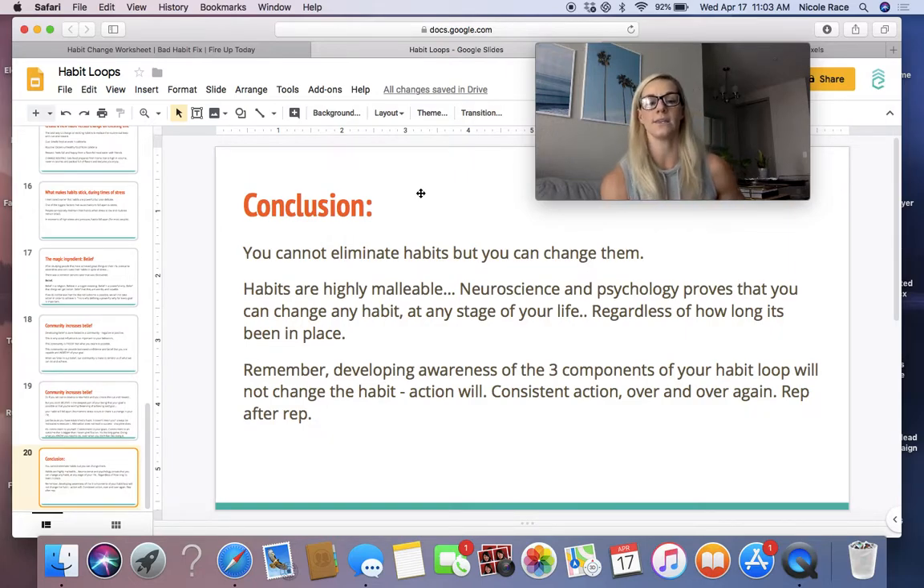But step 1 is developing the awareness of those 3 components, of identifying them, okay? But the biggest factor here is taking action, okay? It's what are you going to do? What are you going to change about those 3 components that will lead to the change of the habit? Consistent action over and over again, rep after rep,